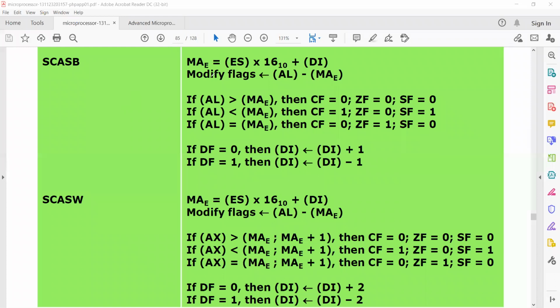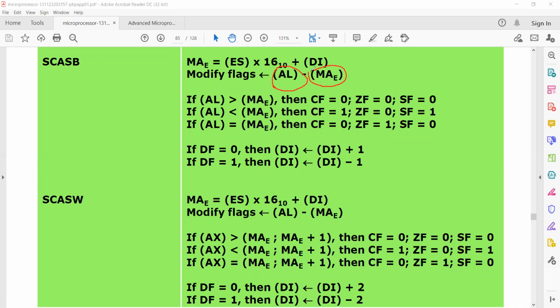First we calculate the effective address of the destination. Then the value present in the AL register will get subtracted from the string present in the destination address.